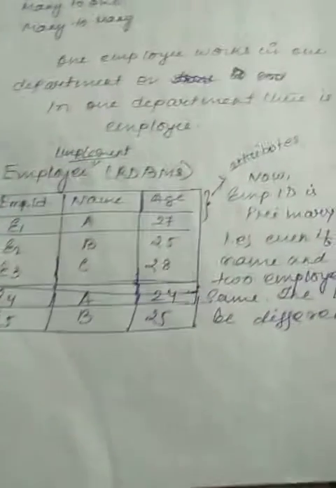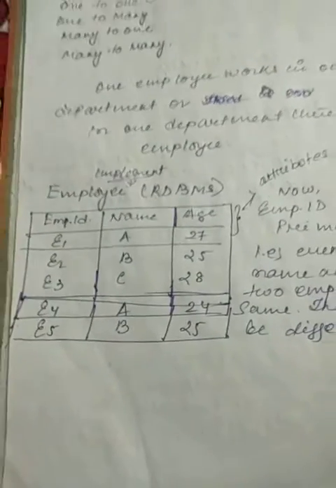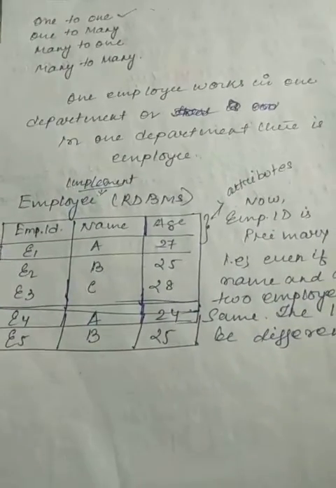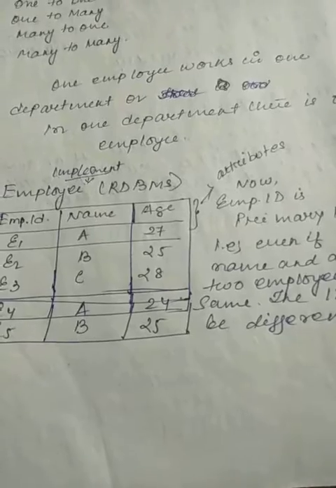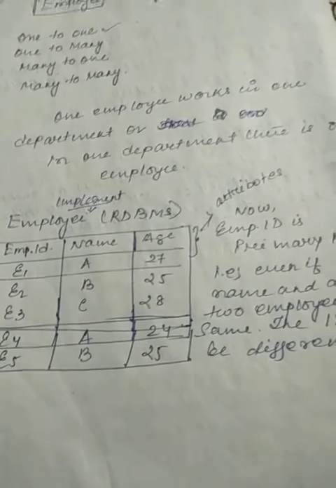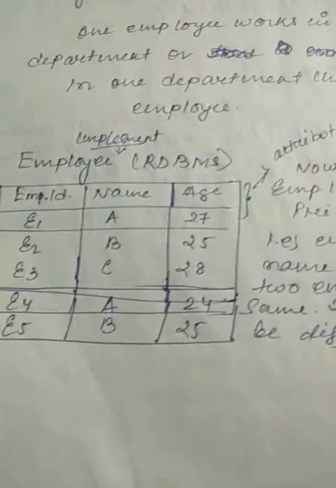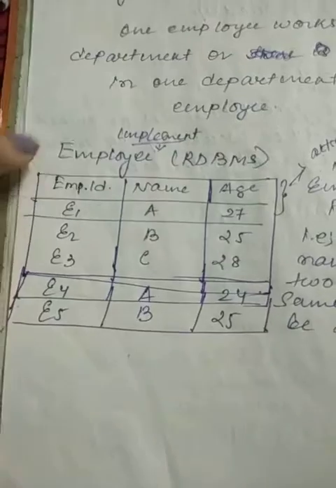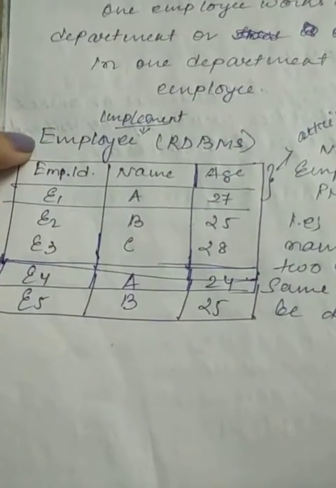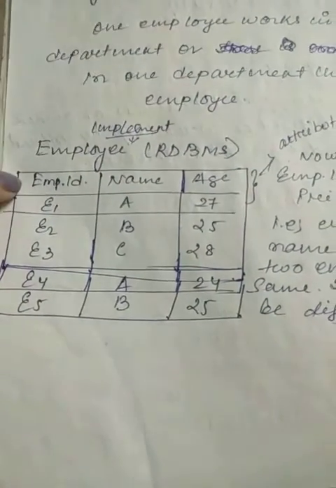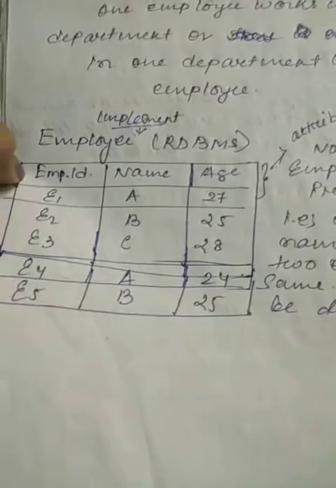Okay, so now I can give the relevance or the examples like primary key, foreign key, candidate key, because all these things have already been explained in the previous class. So, our first topic is under employee. If we convert the entity employee into a table, the first thing that we will get is employee ID, then